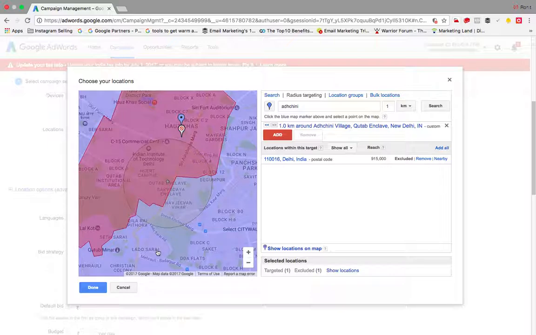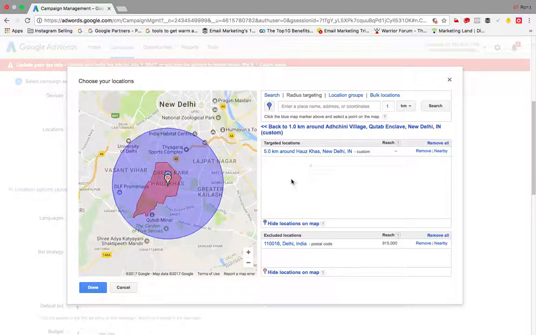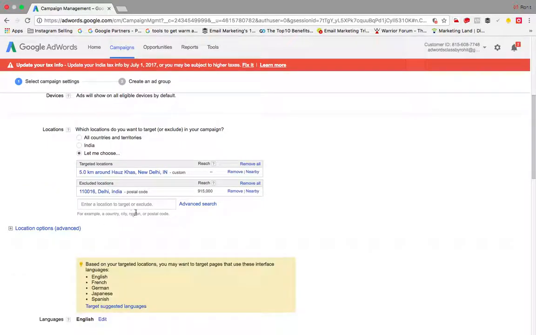So you can exclude or include any area as per the radius which you require. So we can always exclude or include any area which we require. So this is entire Hauz Khas, and I'm excluding Achini. So you can always click done, and you can add and remove all those things. As of now,